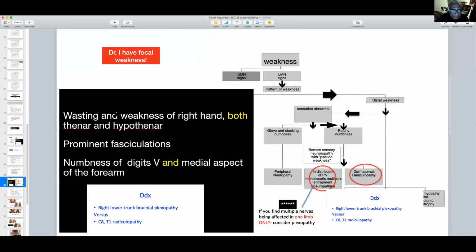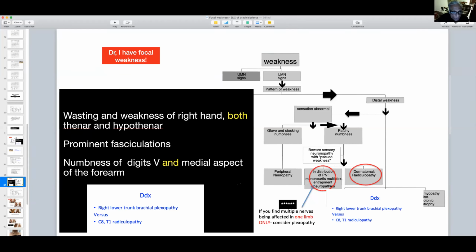Her examination is again lower motor neuron. The pattern of weakness, because it's mainly in the hand, is distal. Sensation is clearly abnormal. So we are either dealing with a nerve or a nerve root. But clearly the weakness is involving more than the distribution of one nerve, thenar and hypothenar eminence. So it cannot be one nerve. It must be more than one nerve. And we already said, whenever you see more than one nerve in one limb, you must start thinking about plexus, right? Likewise, if it is more than one segment, you have to think about multi-segmental disease, which can happen,